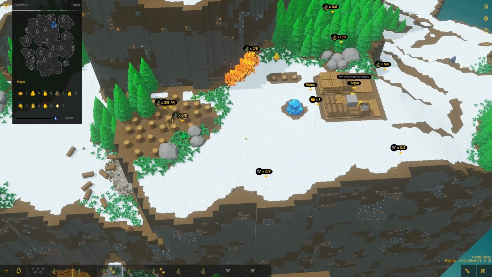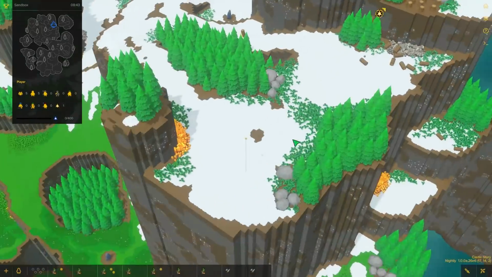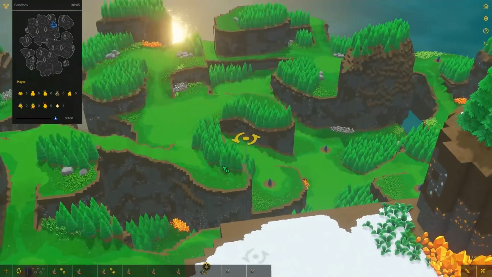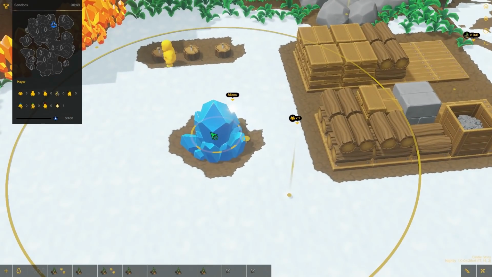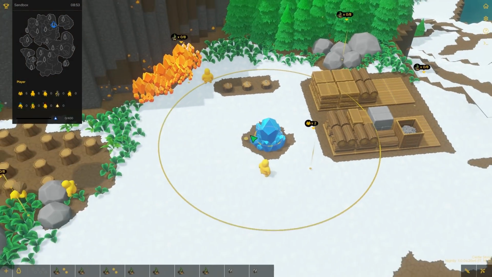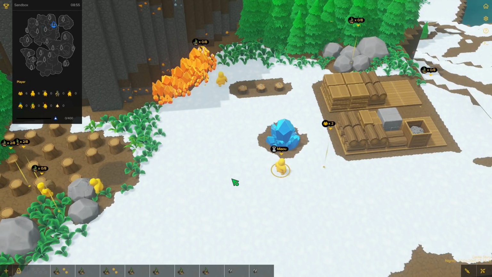If we kept our storage all up here, we could have a fort down here looking over the cliff and all that stuff. That definitely wouldn't be a terrible idea. And we can actually get another Bricktron already, which is not bad. We have,